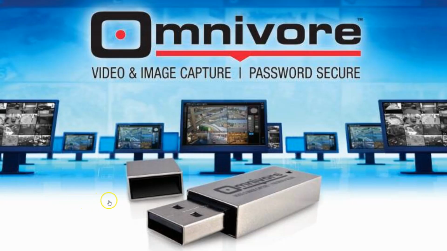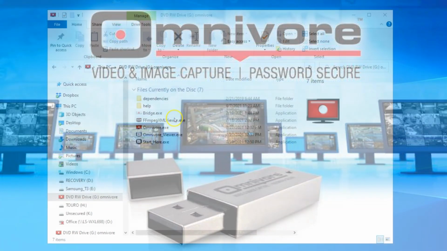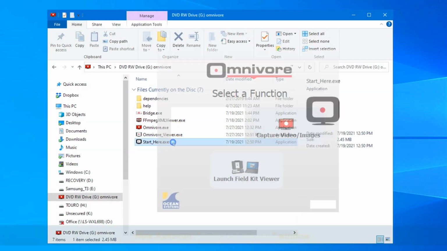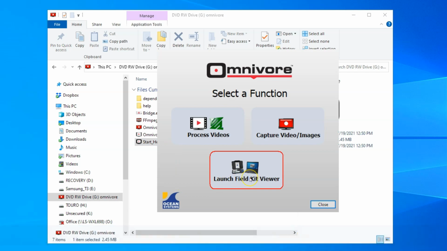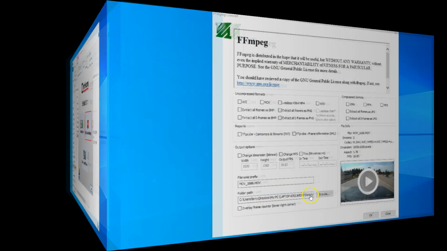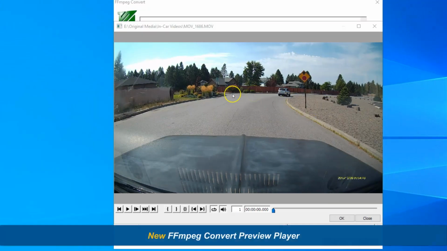Omnivore 3.5 introduced several new features to expedite your video evidence workflows. First, we've added a new Select a Function window so that users can get right to work recovering, processing, or screen capturing video evidence. We've also added a new FFmpeg Convert preview player that makes trimming video sources super simple